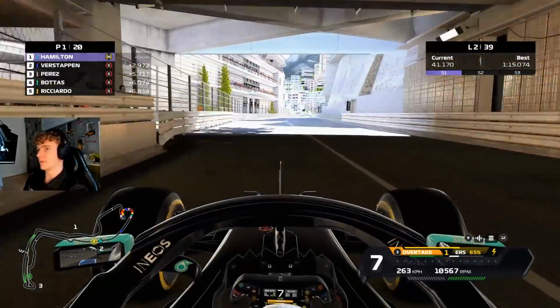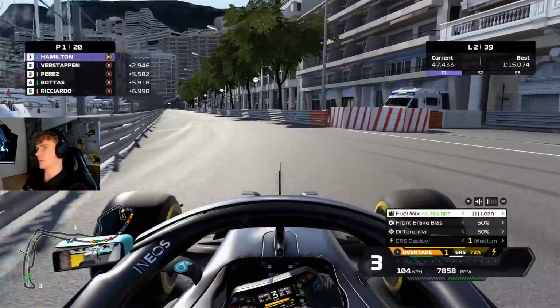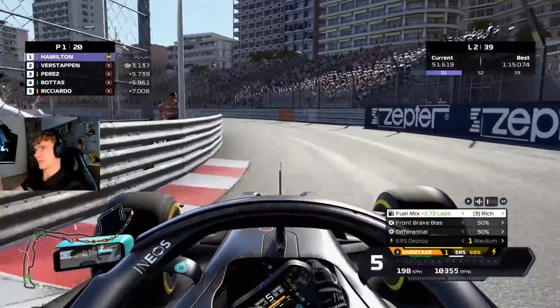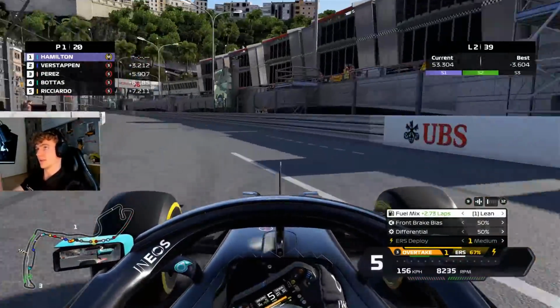3 seconds ahead now, coming out of the tunnel. Basically, we're gonna have to be 2 seconds a lap faster than Verstappen on average if we wanna lap him. But we're gonna have to negotiate that blue flag traffic at some point as well, of course. That sentence didn't make any sense, but I'm driving around Monaco